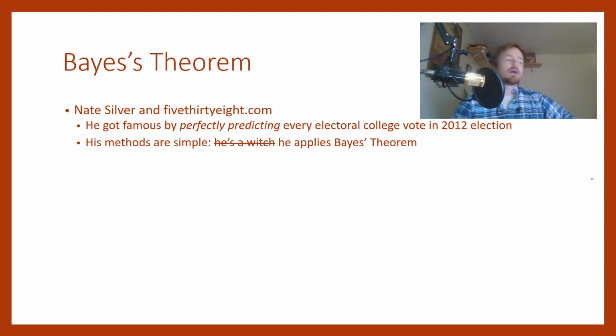In my opinion, this kind of broke into popular culture, that people started really thinking about it outside of academic circles, whenever Nate Silver, a statistician who you may know from 538.com, a blog that is oftentimes politics but looks at a lot of different things like sports too, was basically able to perfectly predict every single electoral college vote in the 2012 election.